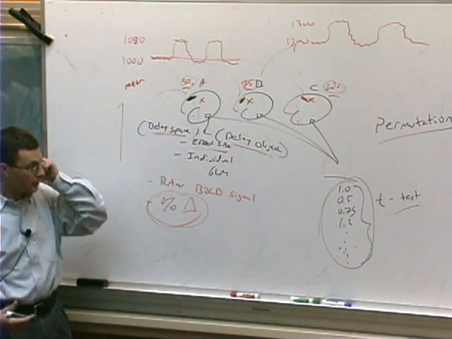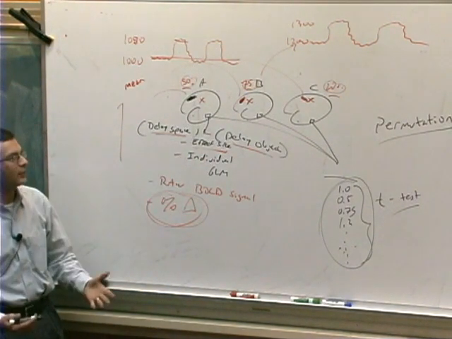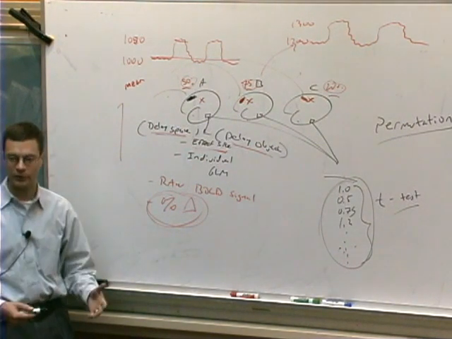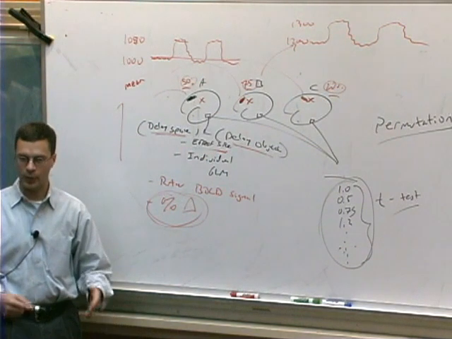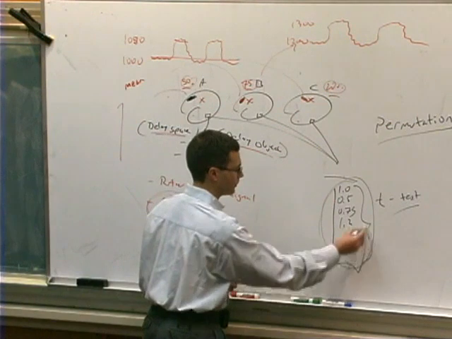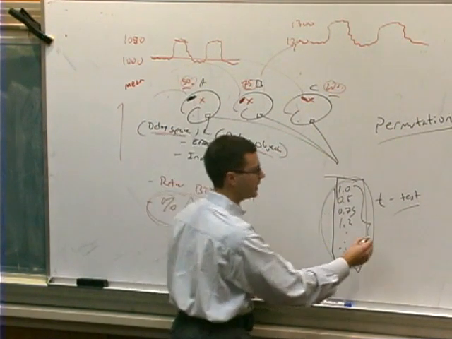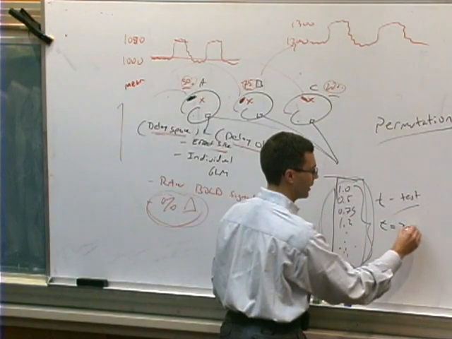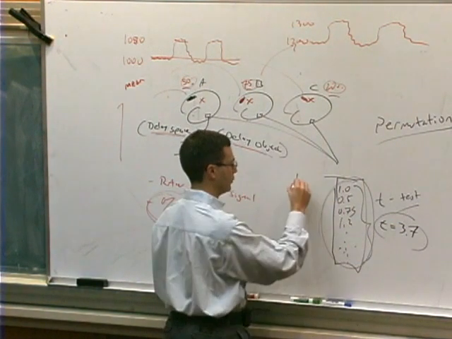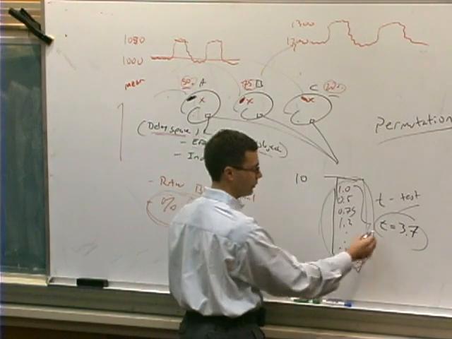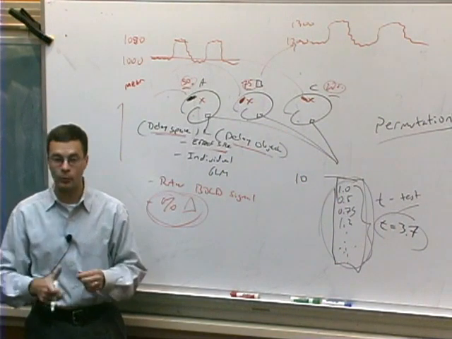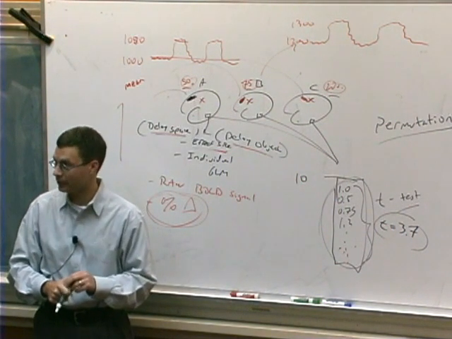How does this work? Okay. The basic idea is that a permutation analysis is used to determine the significance of a result that you have measured some other way. So you would still do a t-test upon this list of numbers, okay? And suppose it came up with a t-value of 3.7. That was the t-statistic associated with this group of, say, 10 values. So you had 10 subjects, so you have 10 values. So t of 3.7 is the t-value that results. Okay, now you're interested in what is the significance of that? What's the p-value associated with that?